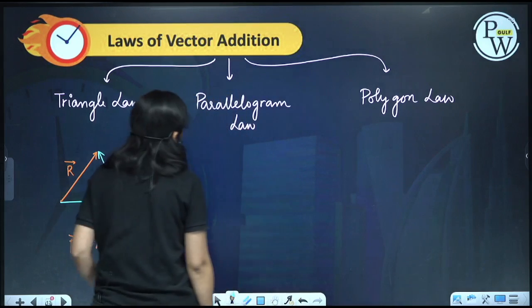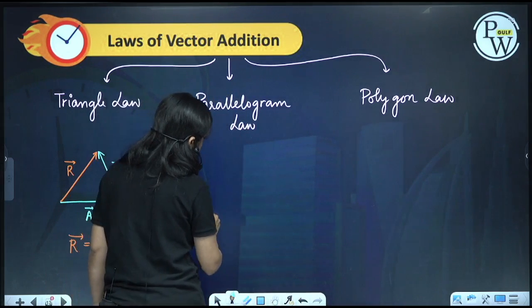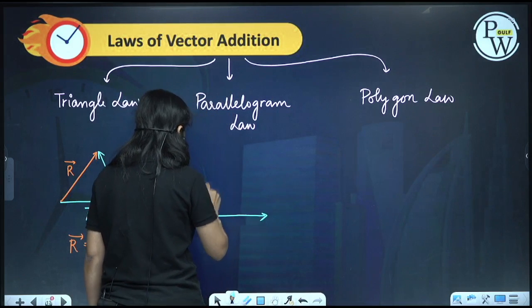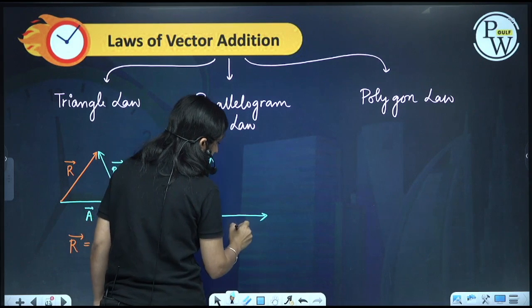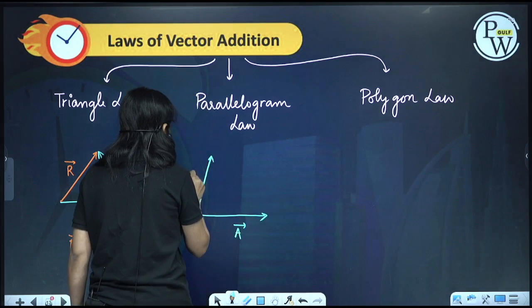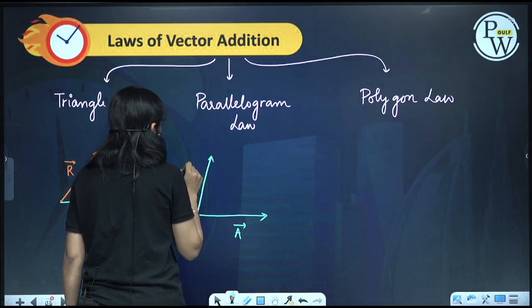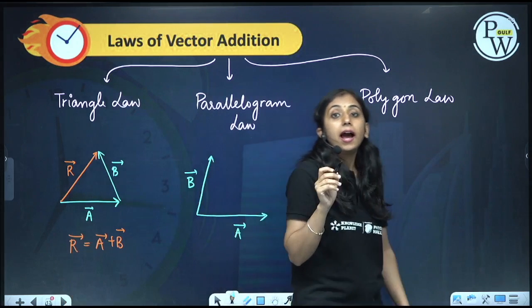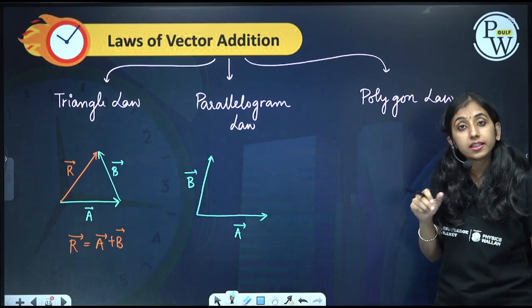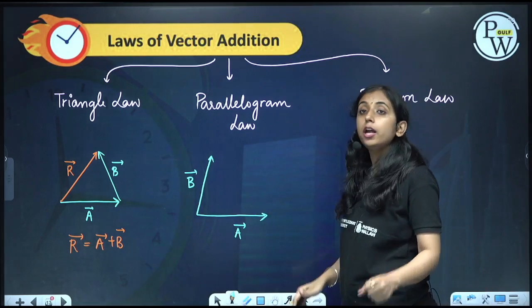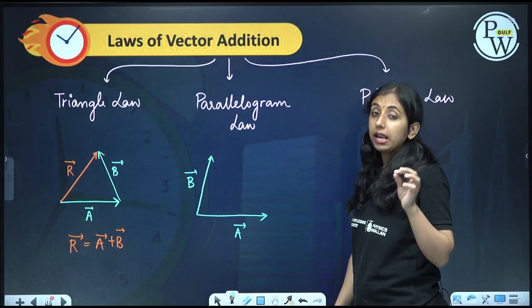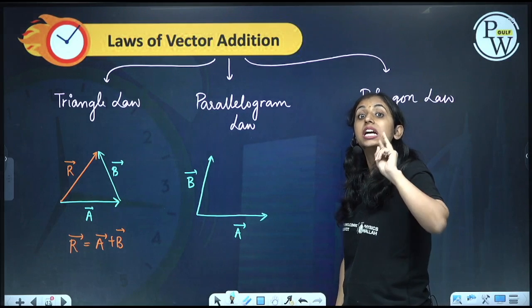Next comes the parallelogram law. The parallelogram law says that if I have two vectors A and B which are to be added, and I can represent them by two adjacent sides of a parallelogram,